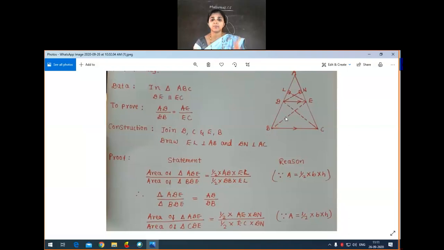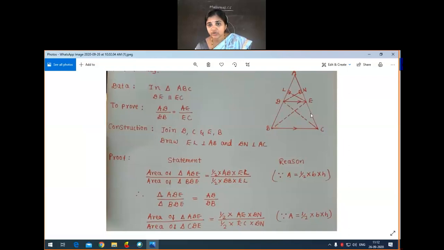Again you have to apply the same concept, that is half into base into height. Now in triangle ADE, half into base we are taking as AE, into height is here DN, perpendicular. Height is DN. Similarly in the denominator, in triangle CDE,